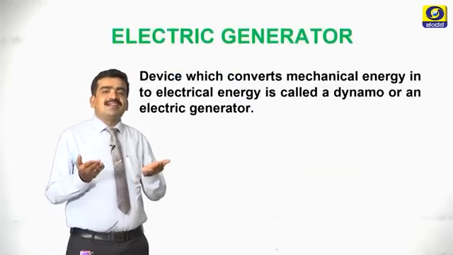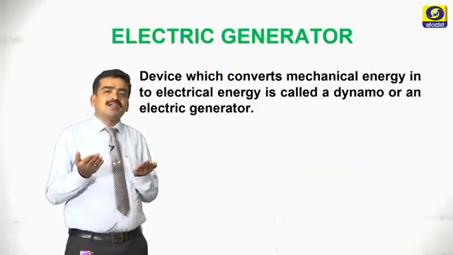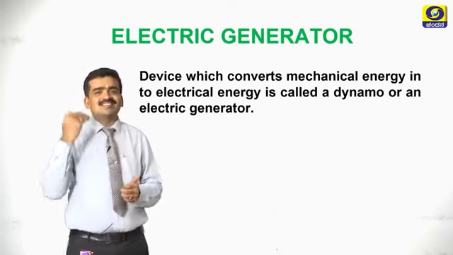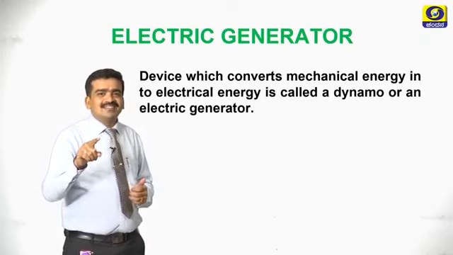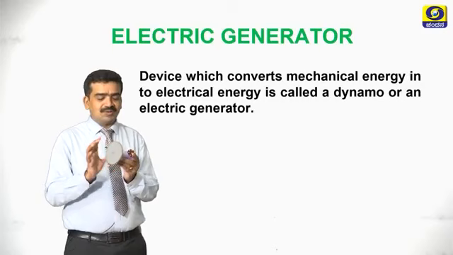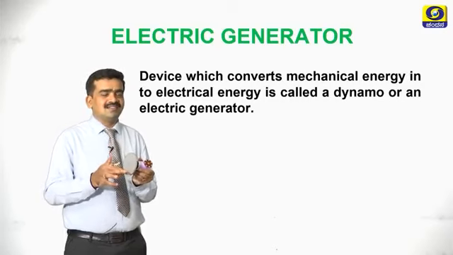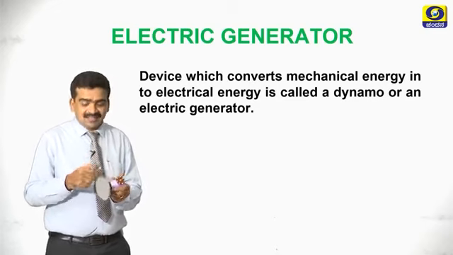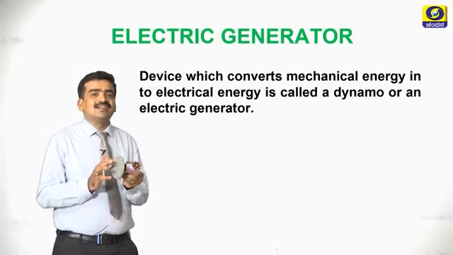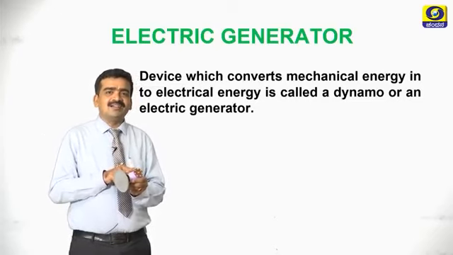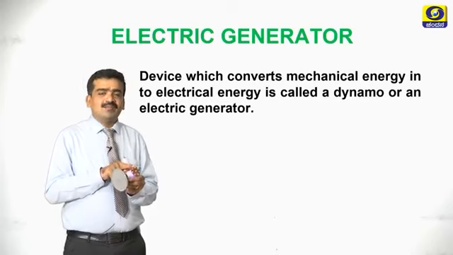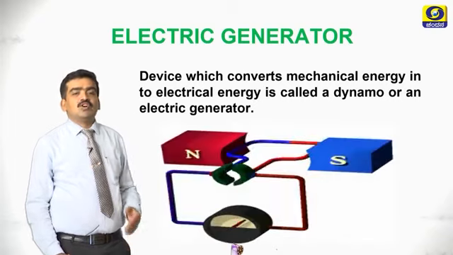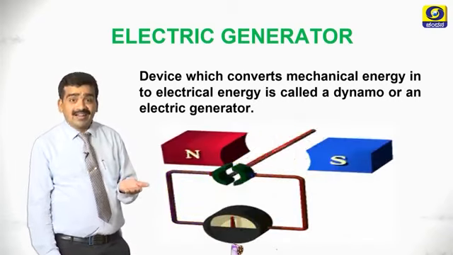Now, come to the electric generator. You know an electric motor converts electrical energy into mechanical energy, but an electric generator converts mechanical energy into electrical energy. Here I am showing you the model. See, there is a wheel which is connected to a motor. When I provide mechanical energy to the wheel, definitely there is a current, and with the help of that current the electric bulbs glow. You can see it in the experiment. It works on the principle of electromagnetic induction.